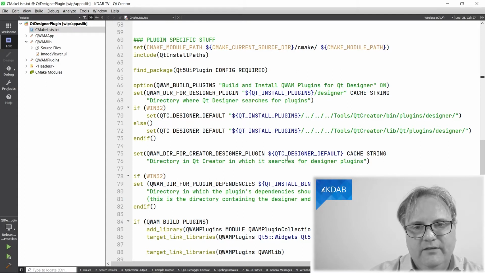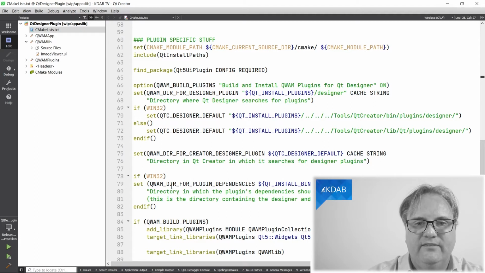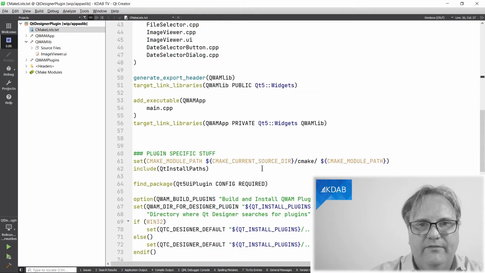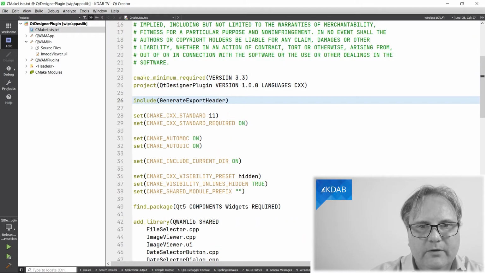And finally, the binary directory where Qt Designer and Qt Creator are located, that's where I want my libraries to go next to, and that's the QAM dir for plugin dependencies. There's actually one thing that we didn't see up here. If I just scroll up again, if I can find it, come on.